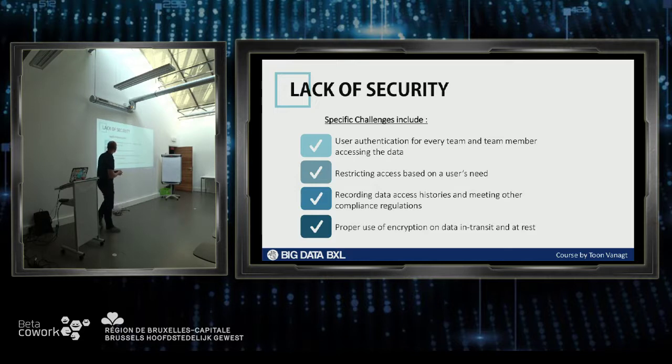And so there are more and more vendors selling solutions in between. One of them is a famous Belgian one, which is a unicorn, by the way. It's Collibra. These are data governance models which help companies. It's a layer in between to see which element was accessed by which person, which team, for what purpose. And you have audit trails. But those platforms are being used by large organizations, so typically banks and multinationals, because they are afraid that team members will access data in inappropriate ways. And so you can restrict access based on a user's needs.